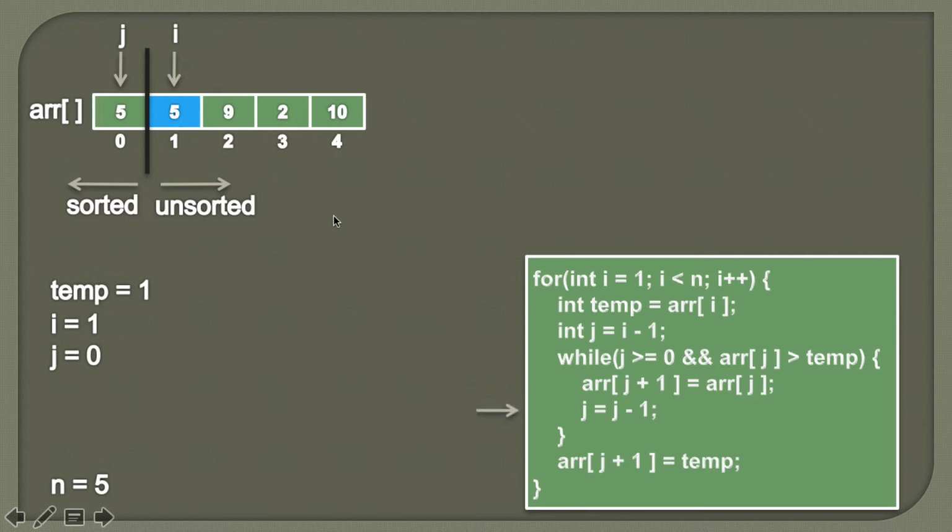And after this shift we simply decrement j by 1, because now we want to compare 1 with an element just before 5. So we simply decrement j by 1. So as j is 0, j becomes minus 1. So here it means that now j is pointing to minus 1, which is an index which is out of this array.